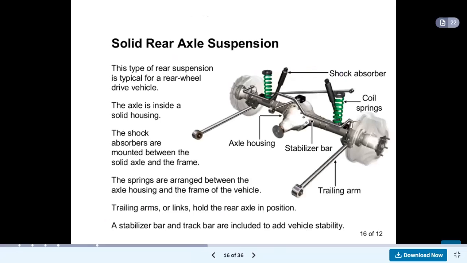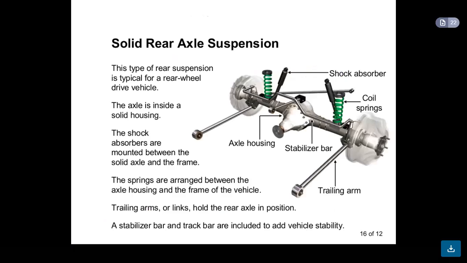If we see the solid rear axle suspension, this type of rear suspension is typical for rear wheel drive vehicles. The axle is inside a solid housing. The shock absorbers are mounted between the solid axle and the frame.